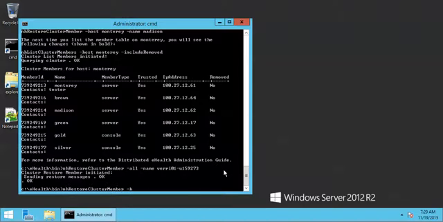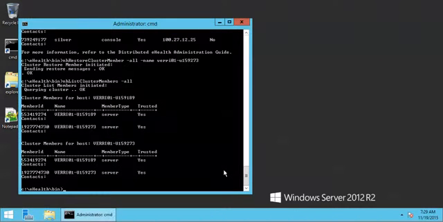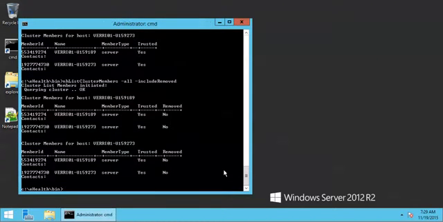Now if we go back and do our list without the include removed, we see that it's now back and it's trusted. And if we do the include removed, we see that neither one of them is removed. It shows the value of no. So those are some of the really important switches: the NH join, and then the list, and the remove, and the restore. Just take a quick peek at some of the other